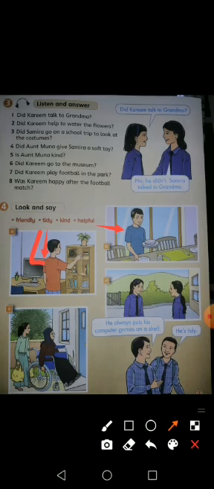See, look, this girl, she always carries bags for people. So she is what? She is kind. Can you see this girl? She carries the bag for people. So she is kind. Okay, and D is what? She always talks to new students. So she is what? She is friendly.